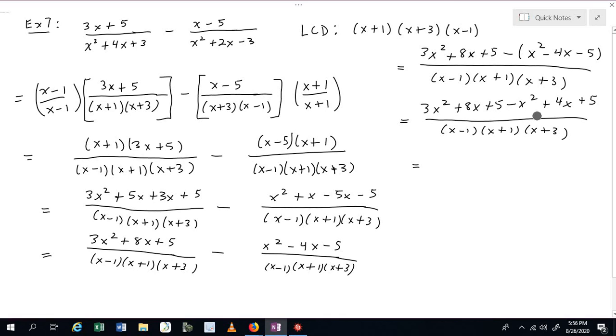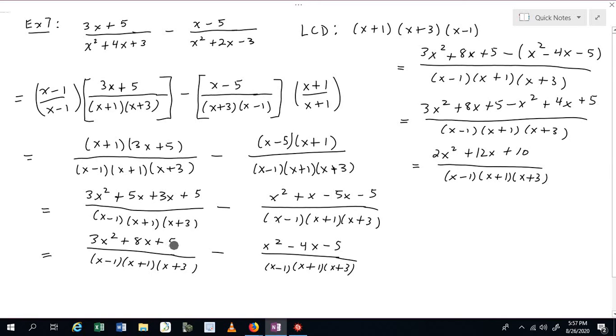And now we can add up like terms. Okay, so 3x squared minus x squared is just 2x squared. 8x plus 4x is 12x. And then 5 plus 5 would be 10. Okay, so this is sort of our preliminary answer, but then you should always make sure that after you've added